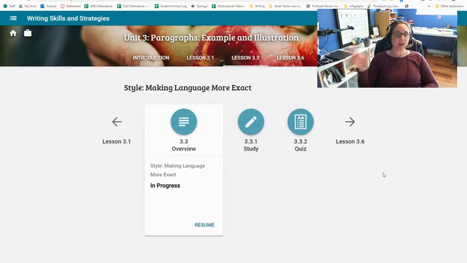The second week of each unit is going to be about refining those paragraphs that you learned how to write and then showing what you've learned. So at the beginning of the second week, you will have some sort of style or writing lesson about a specific writing technique. You will do the lesson, take the quiz, and I would highly recommend that this is the